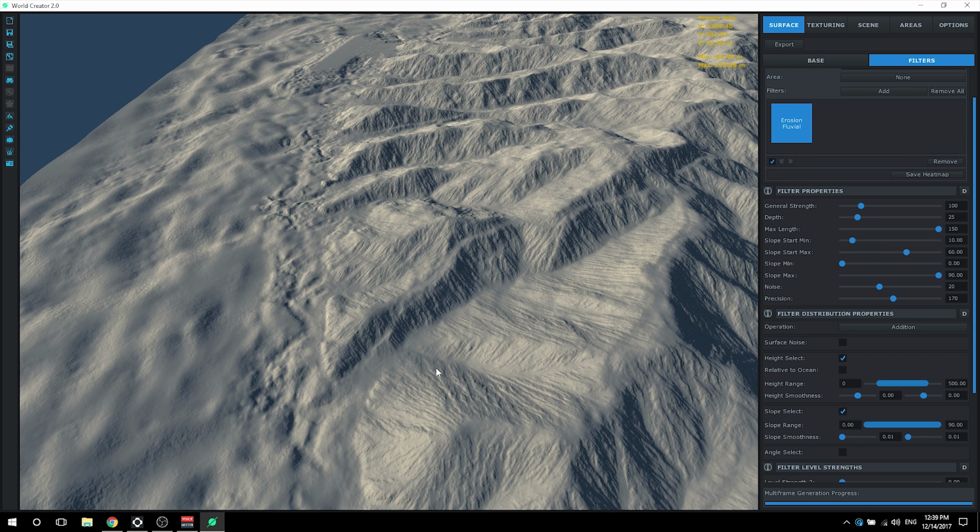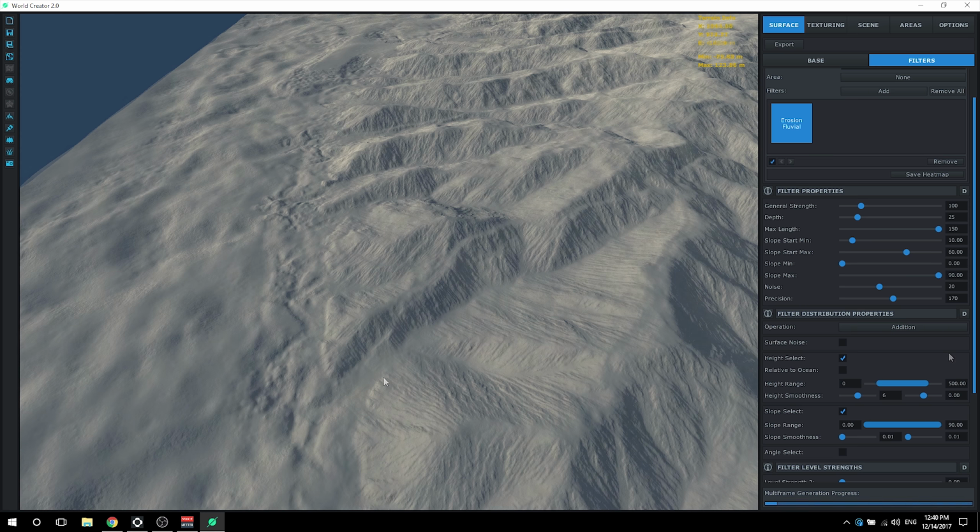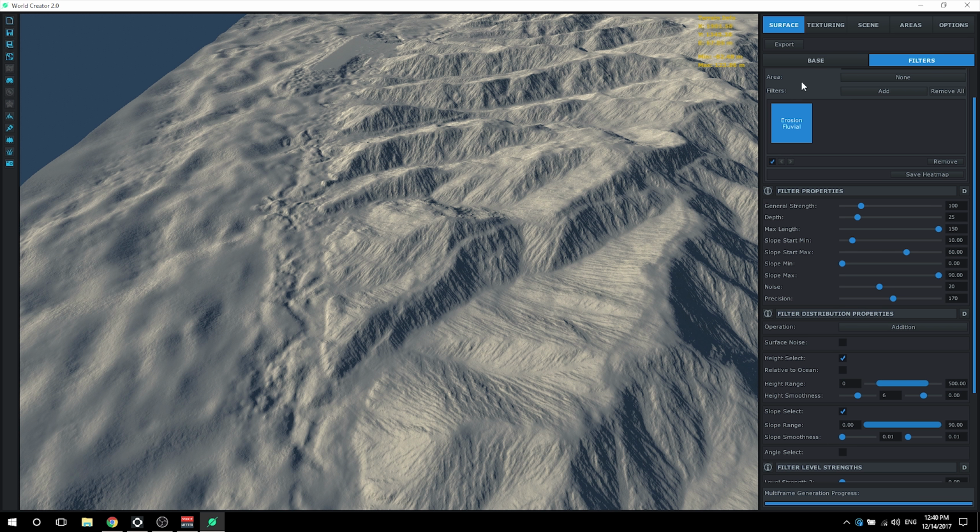Now I really want to, on these lower height values, kind of blend between the non-filtered and the filtered area. So to do that, we'll change the minimum value of the height smoothness. I'm going to just do this by about 6 pixels. Perfect, this looks a lot better. Now let's go and add